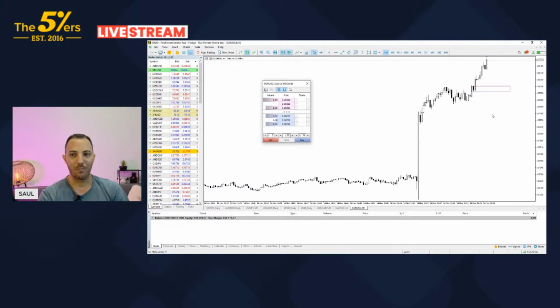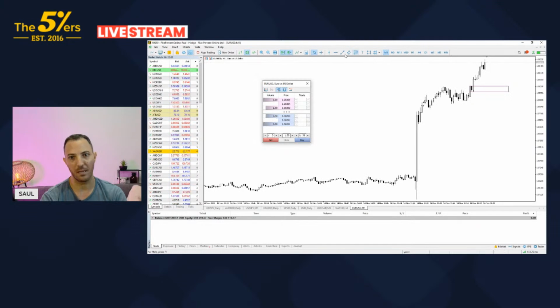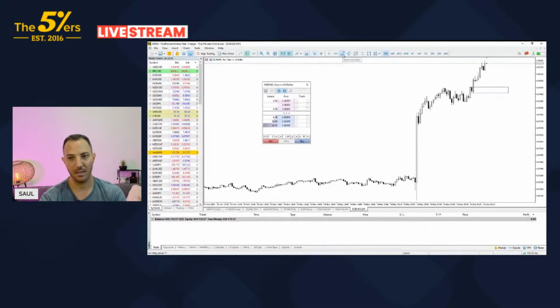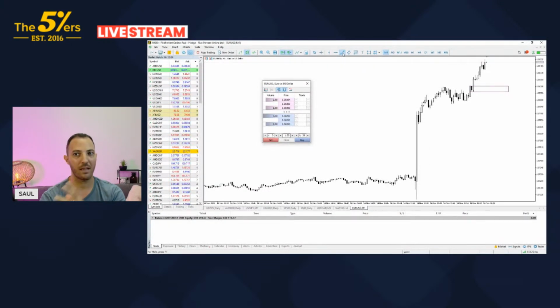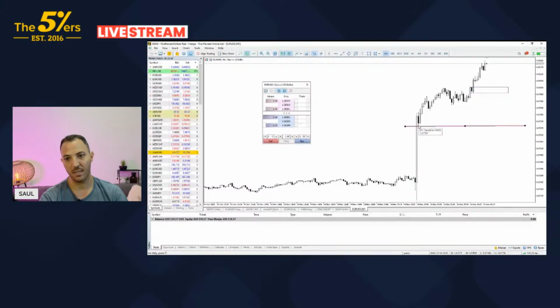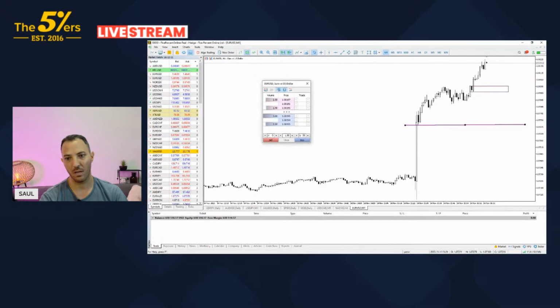Where's my trading area and where's that setup invalidated? Okay, so for me, for example, the place where my trading area would be valid is above that line. Okay, you can see there was trading price action back here. As long as I'm above that price action, I want to keep buying.